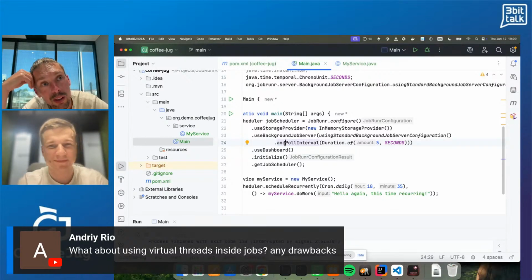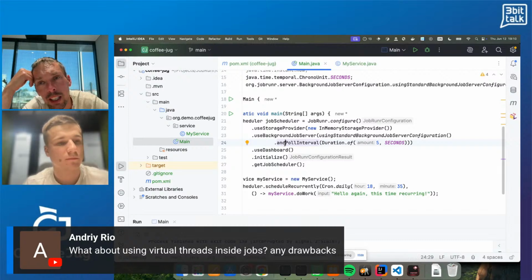Oh, sweet. So that's already done for you. The thing that we had, I'm just saying it so that you know, we had two issues recently, all unrelated to JobRunner, but related to the different database drivers.